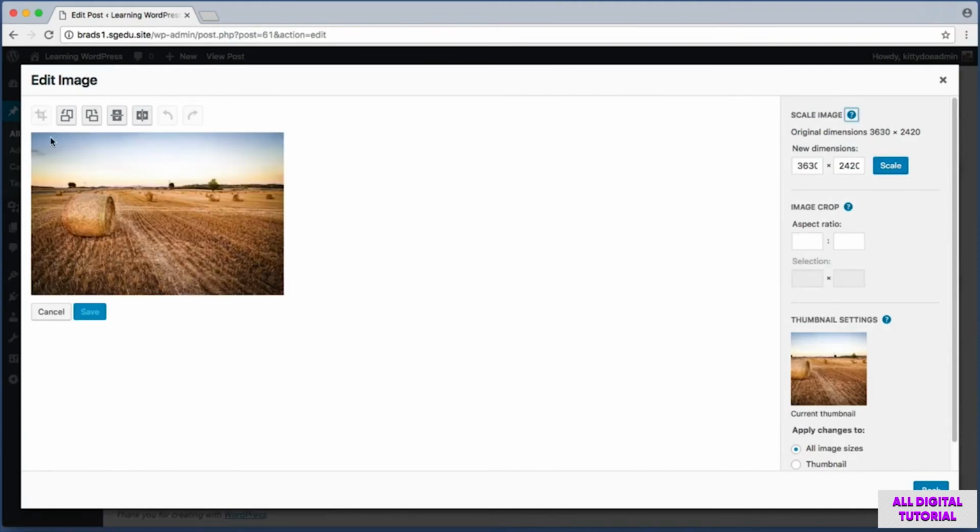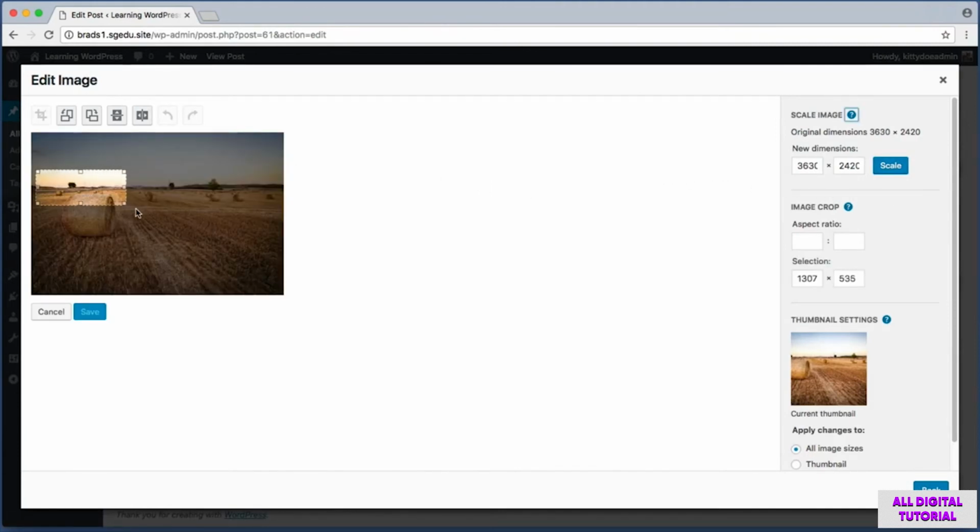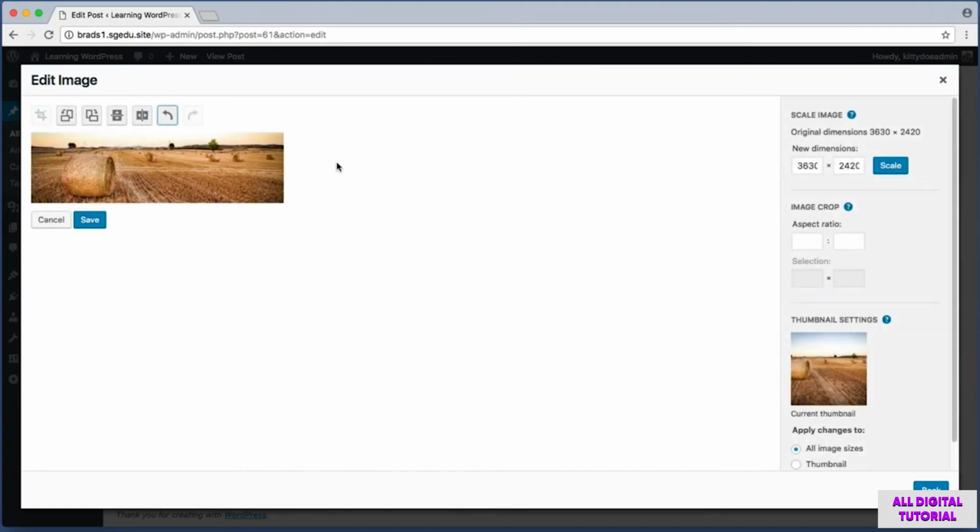Okay, now from this screen, I can simply click and drag the portion of the image that I want to use. All right, so I'm happy with that selection. Now to actually crop the image, just use this first icon here. Okay, so that cropped the image, and now just click the blue Save button.